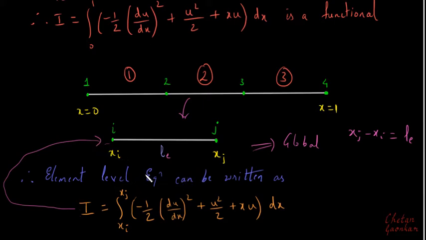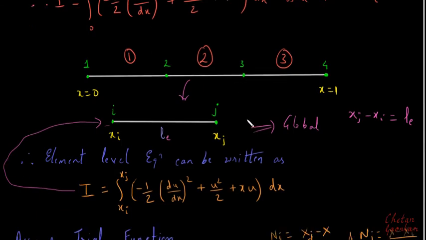First we will model the element equation, or finite element equation, only for one typical element, and then we will combine it over the entire domain, the way we had seen last time. So this is the element level equation.